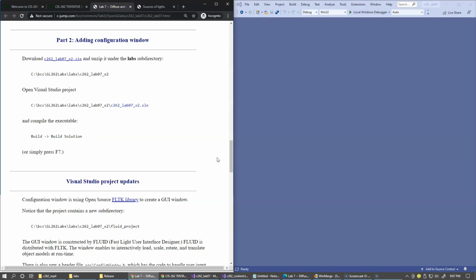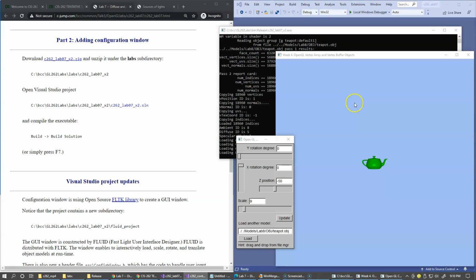The second part of Laboratory 7 is actually a separate project. It does not require any changes. We just download it, unzip, and run the program. So you see it now has the configuration window, which is programmed using another open source library, FLTK, or often